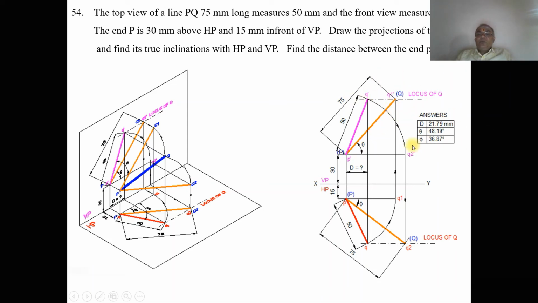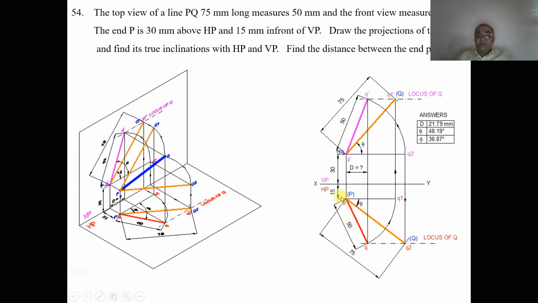Then what you need to do is find out the top view true length. To find the top view true length, we have to consider the front view. So what is the length of the front view? The length of the front view is 60 mm. So with P dash as center, taking the distance as 60 mm, mark this point as Q2 dash. Since P dash Q2 dash is the line which is 60 mm, both P dash and Q dash are above HP by 30 mm. So naturally that line will be parallel to HP. Since here it is parallel to HP, you are getting the true length in HP.